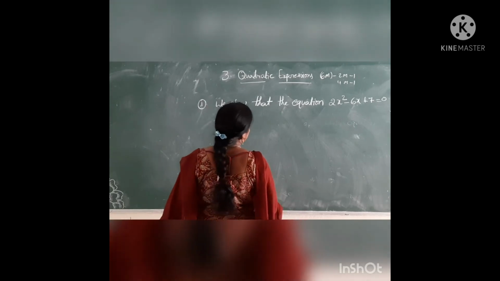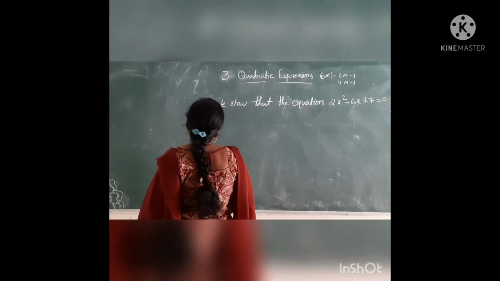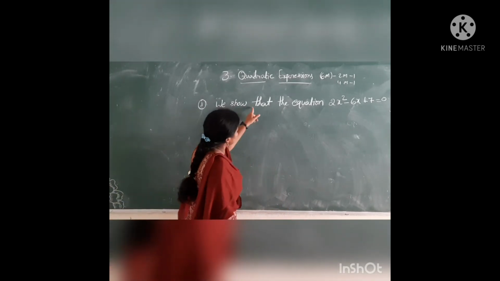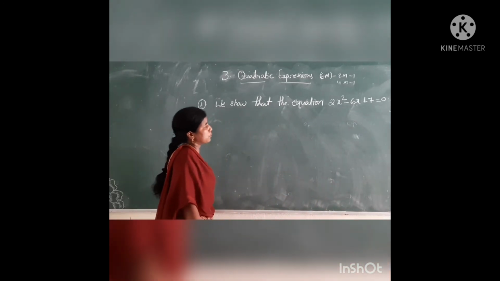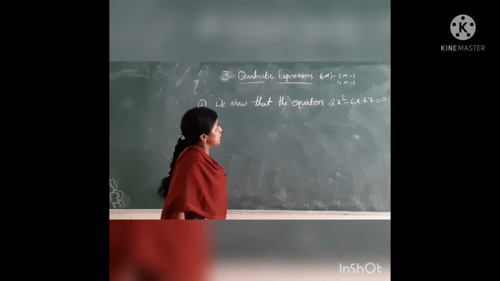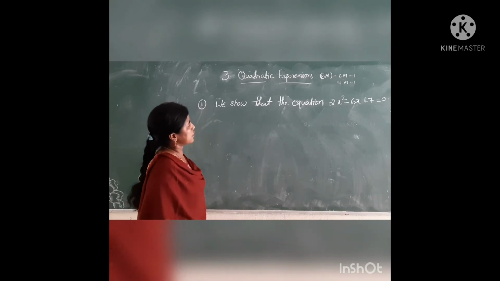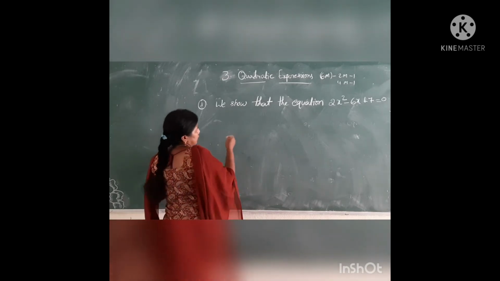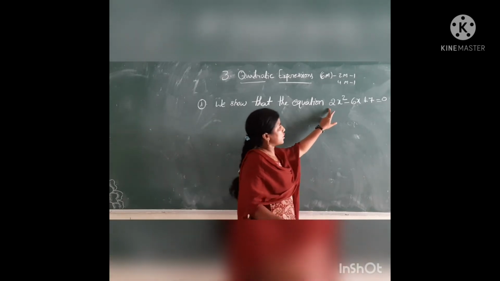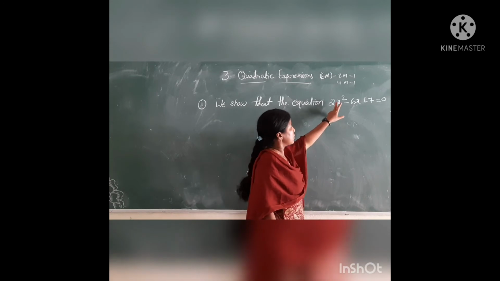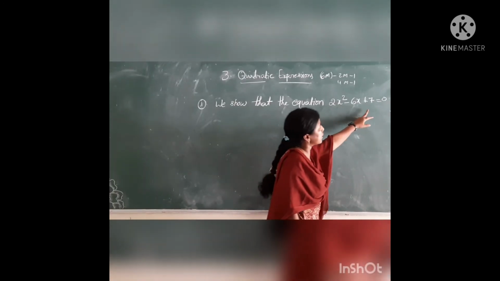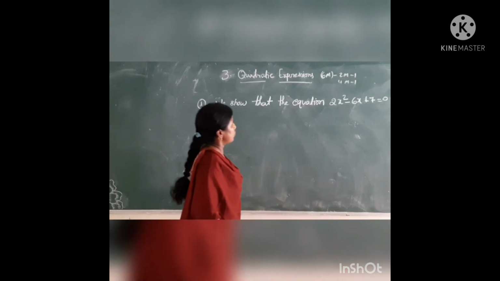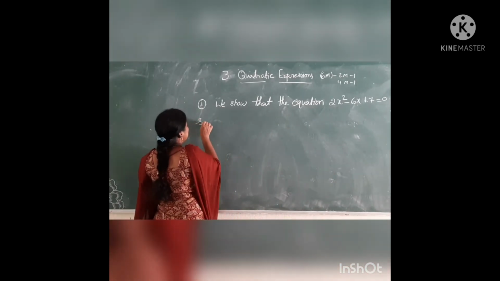See here. What is given here? We show that the equation has no real roots. It has no real roots means this is the nature of the roots. A condition follows. Check first, this is the quadratic equation or not? A is not equal to 0. Okay, the three conditions. First solution.